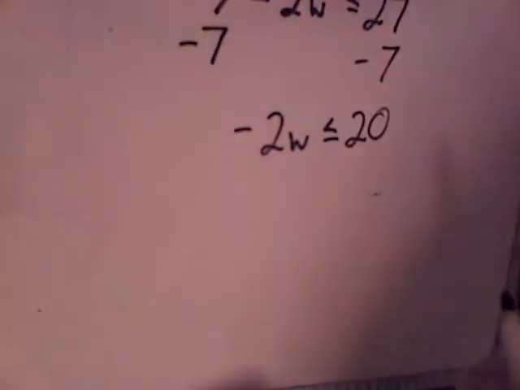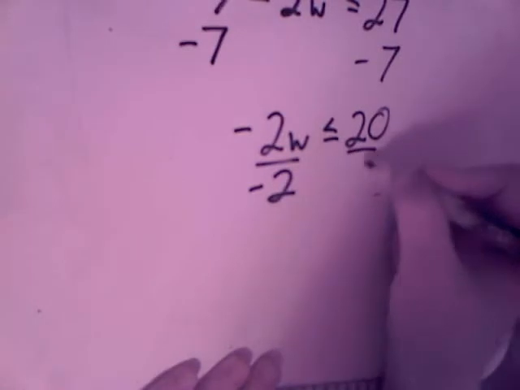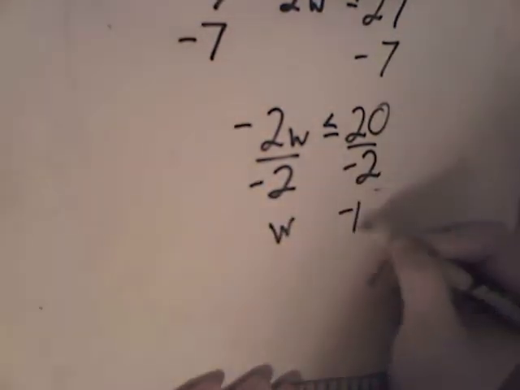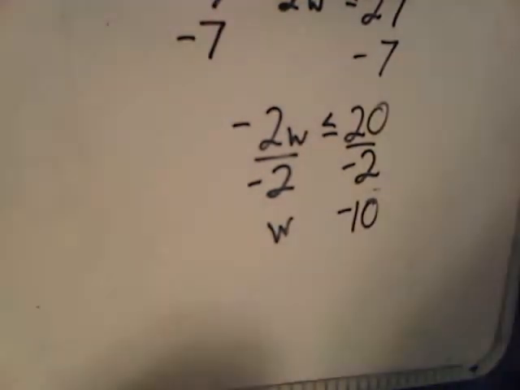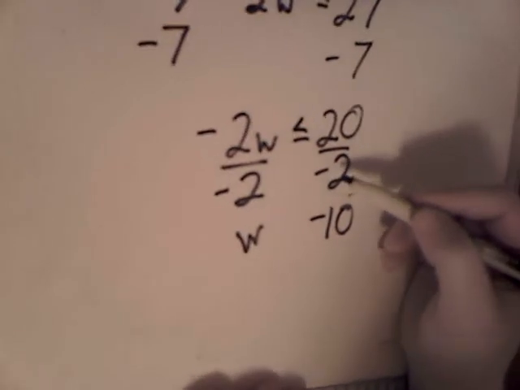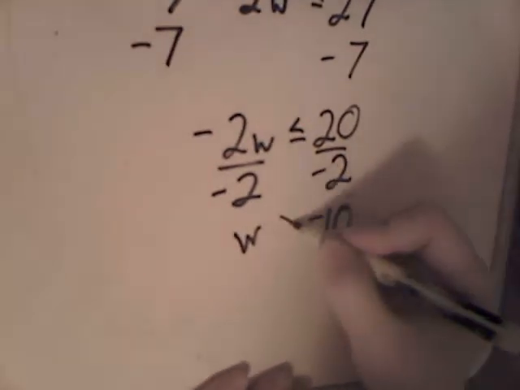I need to get rid of that -2. Because I need to get rid of that -2, I'm going to divide by -2 on both sides, leaving me with w and -10. But I have to be careful. Because I'm dividing by a negative, anytime you multiply or divide by a negative,